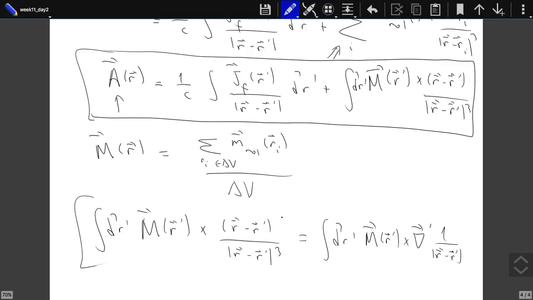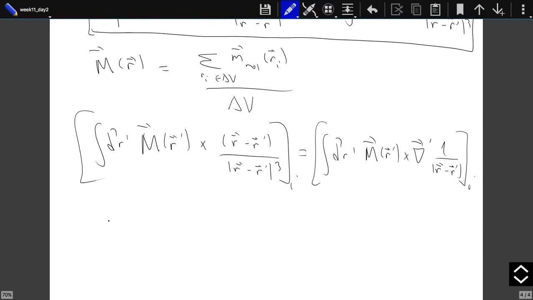Let's also take the i component of this vector. The i component will be epsilon i j k, integral d cubed r prime, m_j prime, where the prime just means I'm evaluating it at the point r prime,